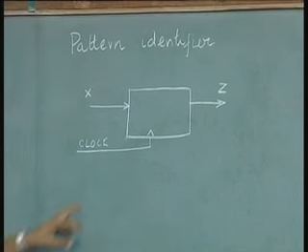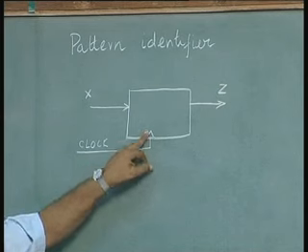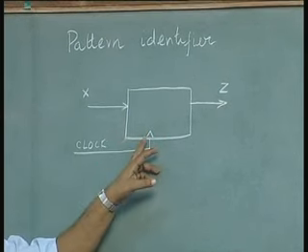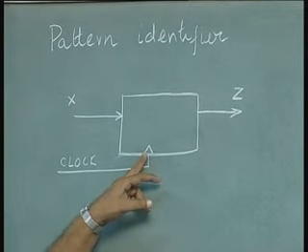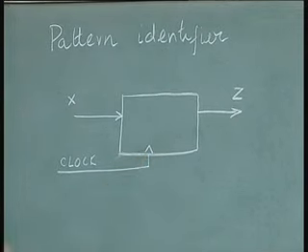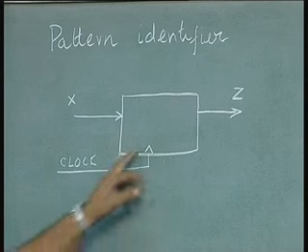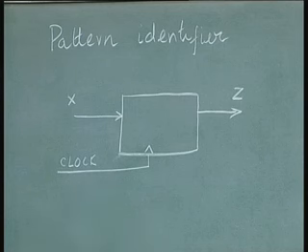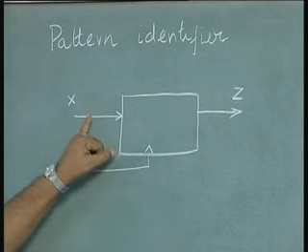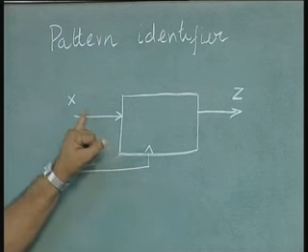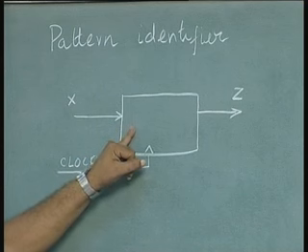With every clock pulse or clock edge, because as I said yesterday in my last lecture on flip flops, this arrowhead points to an edge triggered flip flop, a positive edge triggered flip flop. So, for every positive edge of the clock, one bit of X will be the input to the circuit,